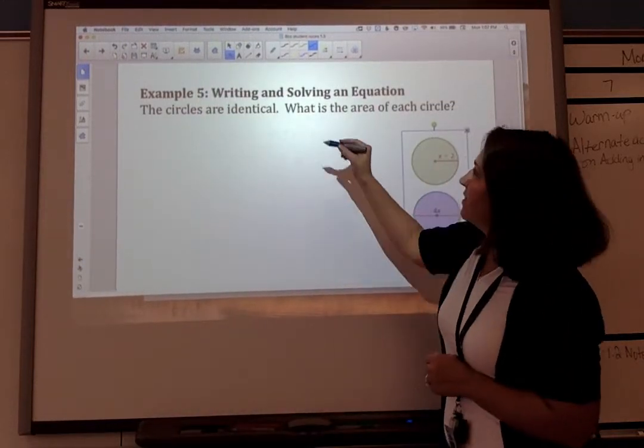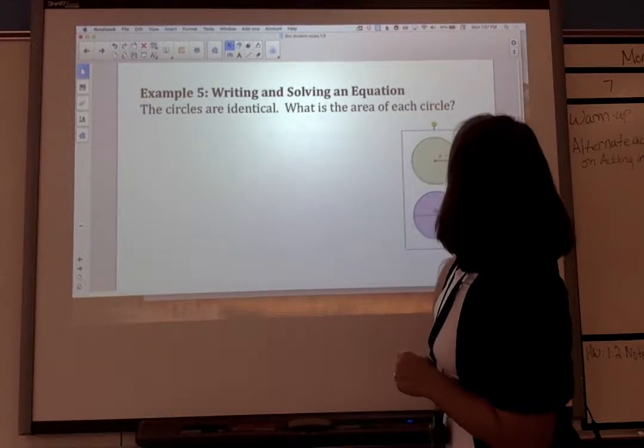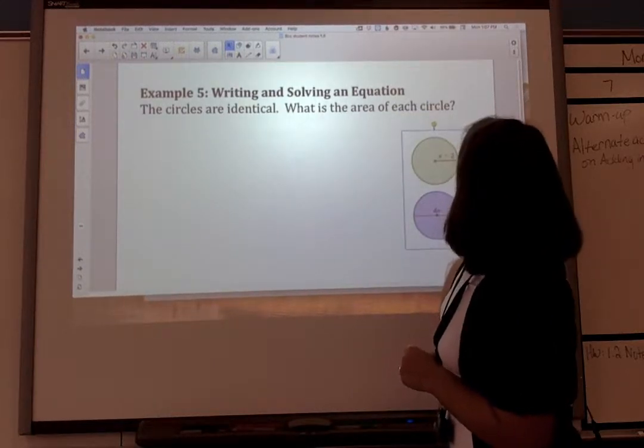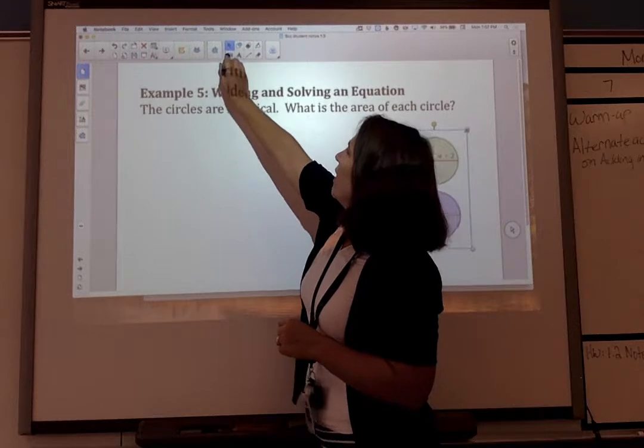All right, so let's look at this example. I've got another little box here to get rid of. Oh well, it doesn't want to go away. All right, so